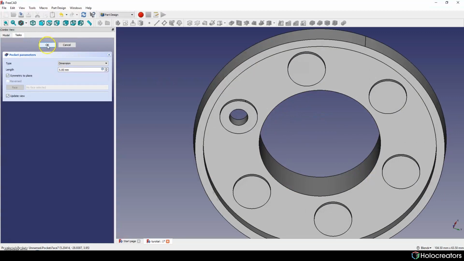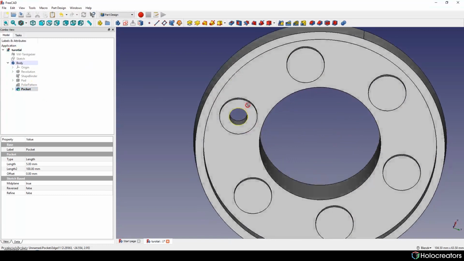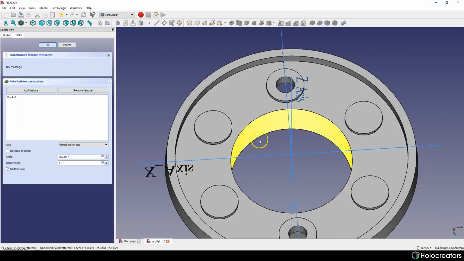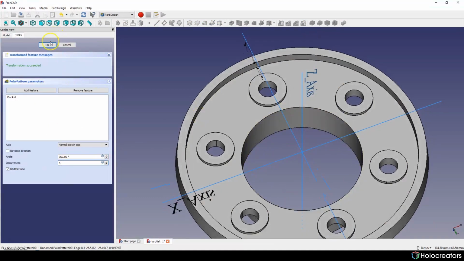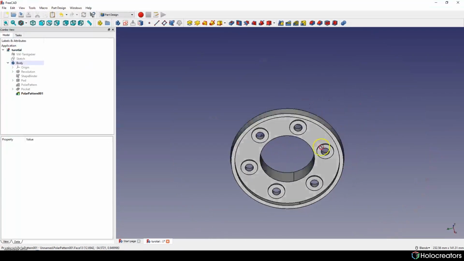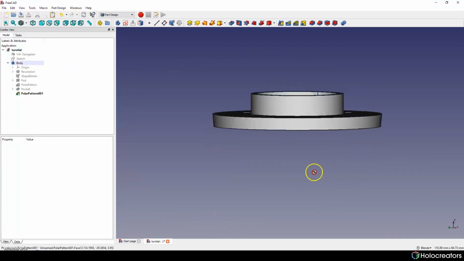Then we will hit apply, and now we can do simply what we did before, just rotate these holes, make them 6, and hit OK. Now we are almost done with our flange.